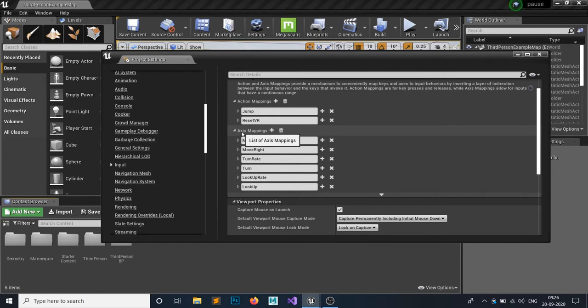The axis mappings are going to listen to your keyboard every time, like the move forward and move right keys, the WASD keys. But it doesn't matter with a keyboard because all you are doing is pressing and releasing the key.